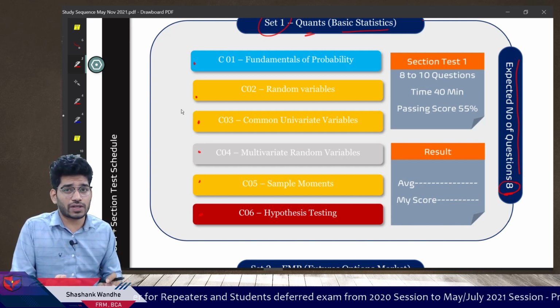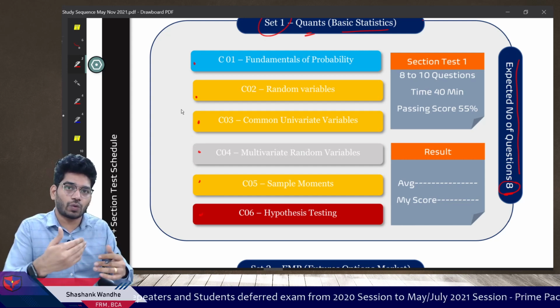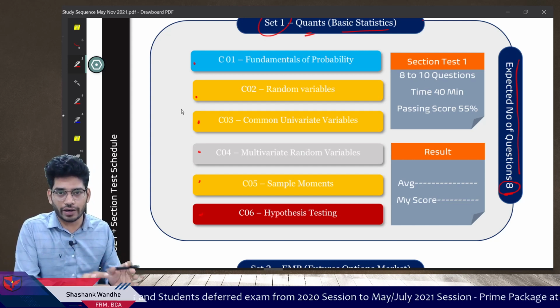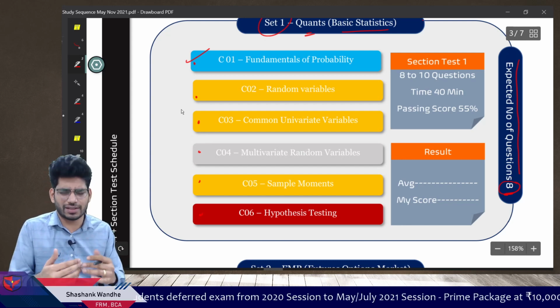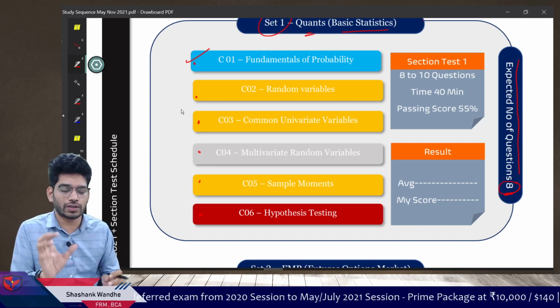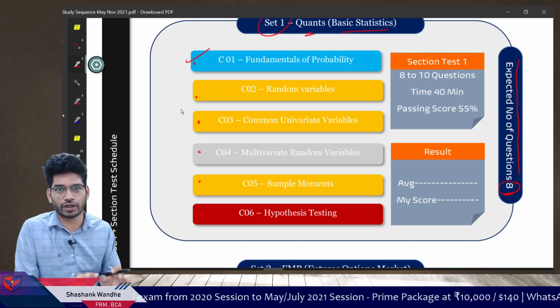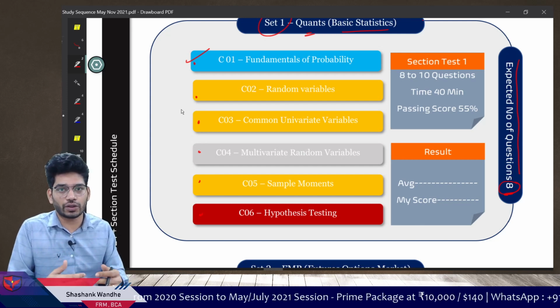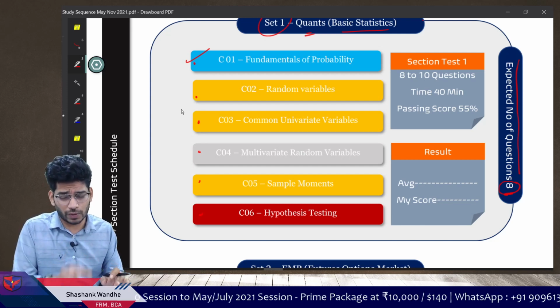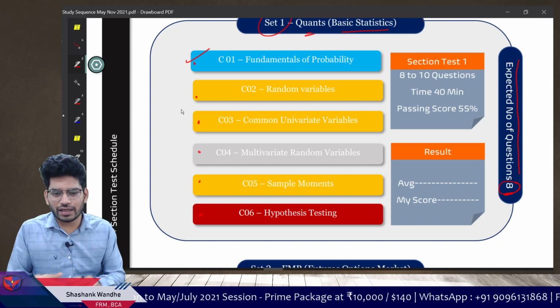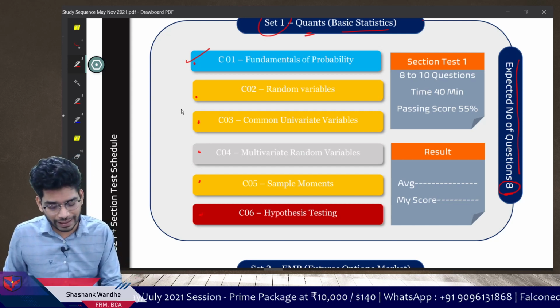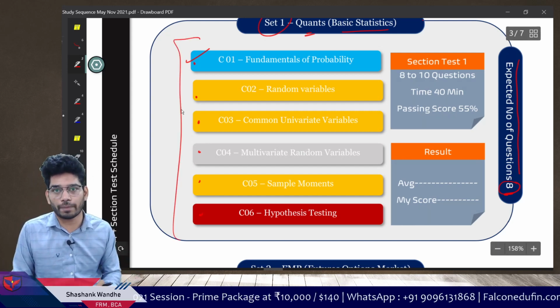There is still a possibility that GAP will add questions in that order. Like if, say, the probability chapter, just assume that probability chapter is very important, so GAP will add some more questions for that chapter, and based on that you will get questions. And I'm talking about the advantage. You might get the advantage that at least the section is tested properly.